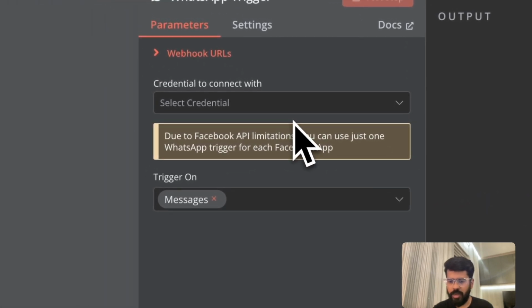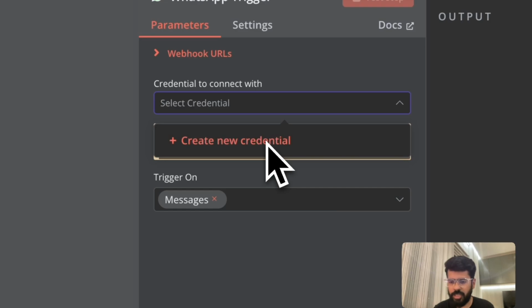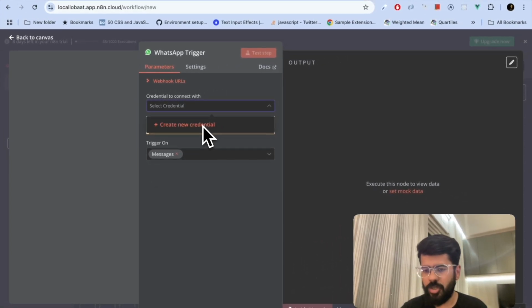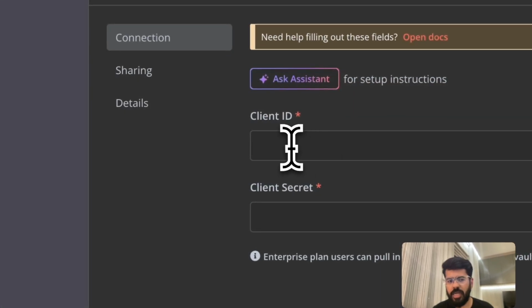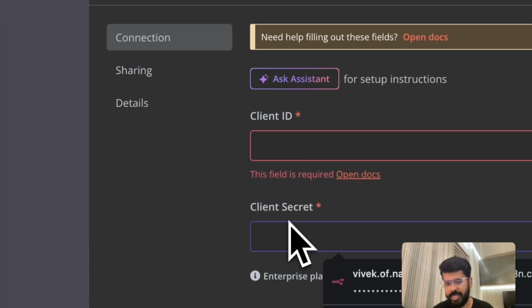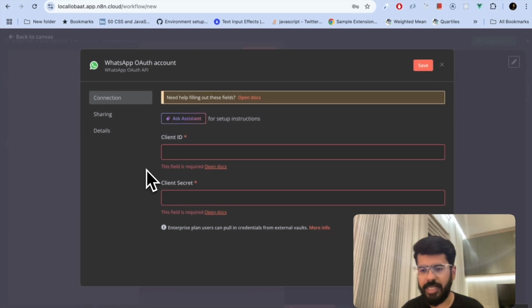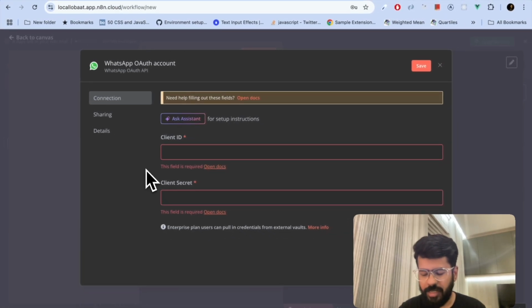So now this is where the interesting bit starts. First, you have to create your credentials, because in order to send WhatsApp messages, you need to have those credentials of WhatsApp Business API to send the message. So it's again very simple. We click on new credential and it's asking for client ID and client secret. Now this is where a lot of people get confused on how to get these details, and we will cover that in this video. So the very first thing, to get client ID and client secret, you have to create